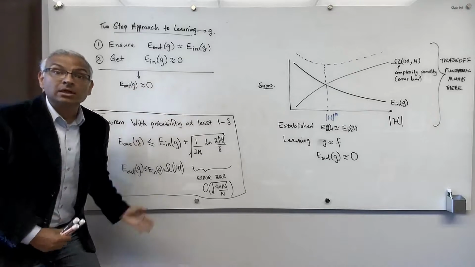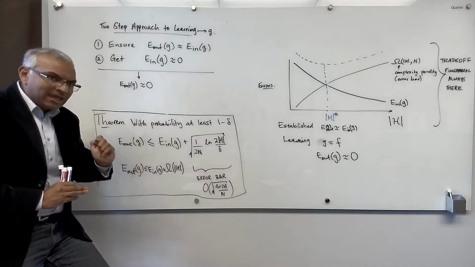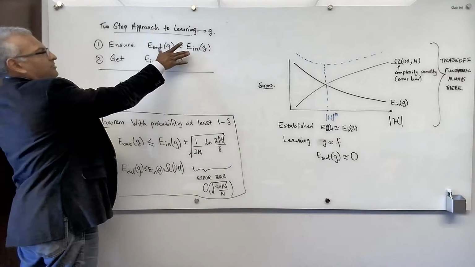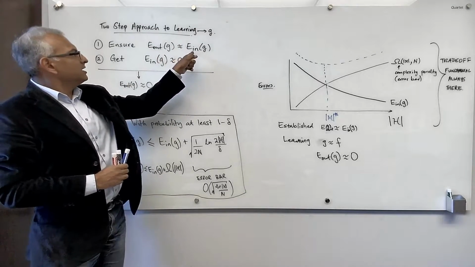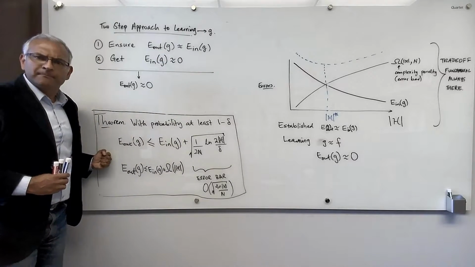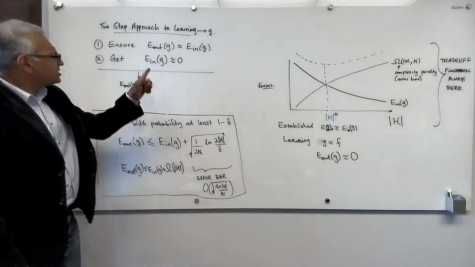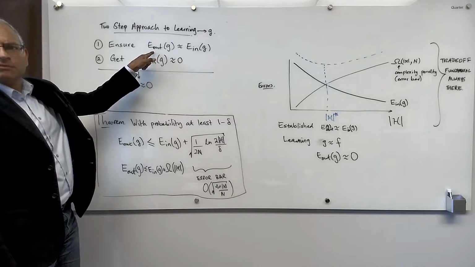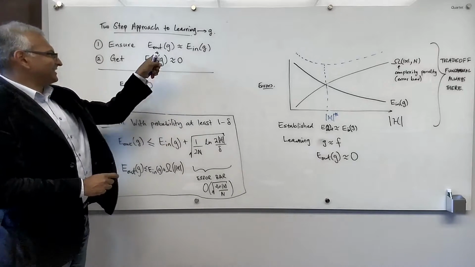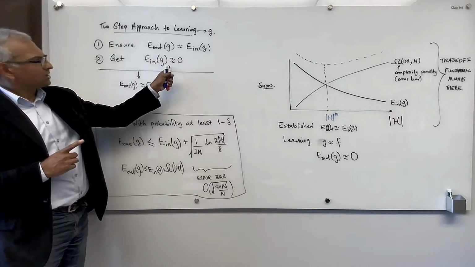But what's the miracle? The miracle is that I can develop a mathematical theory in which I can analyze and say something about this guy. I can say that Ein is close to Eout. That I can develop, and boom, here is the theorem. It's a theorem. You can take it to the bank. I cannot measure Eout by looking at the data. I'll never know Eout, but I do have this link. I have a link that says it cannot be too large, providing that I also get Ein close to 0.